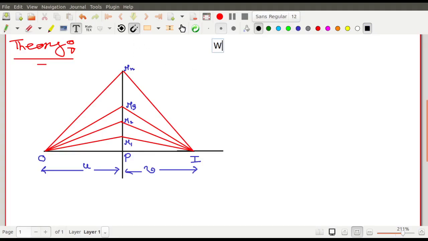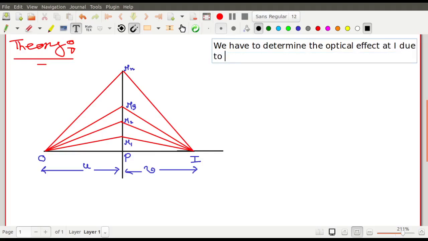We have to determine the optical effect at capital I due to a light of wavelength lambda. আচ্ছা, একটা জিনিস মনে রাখো, you remember one thing, that the radii of the circles that I have